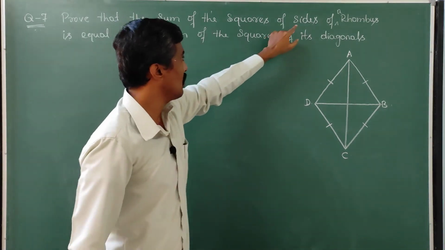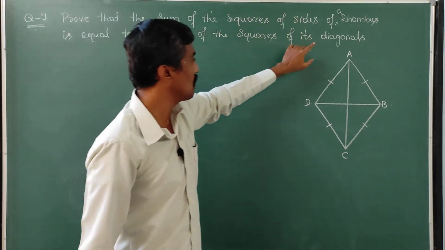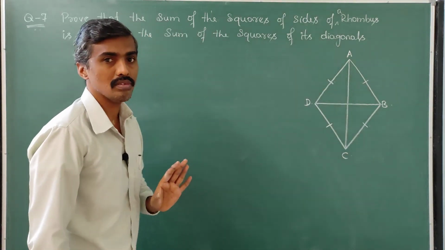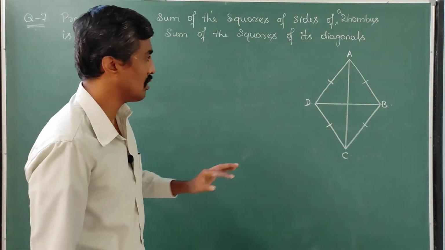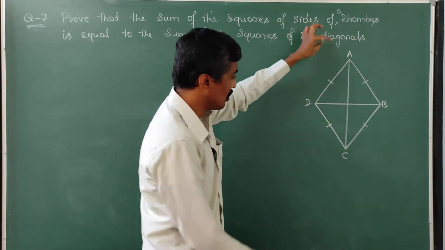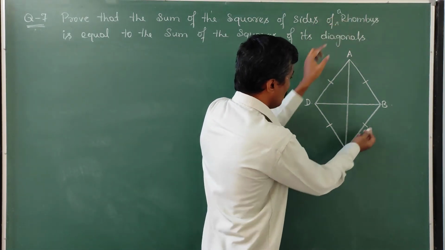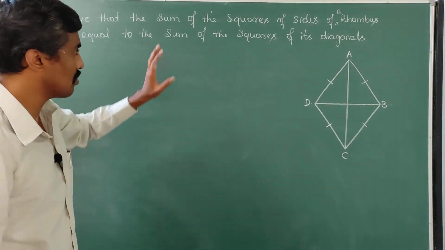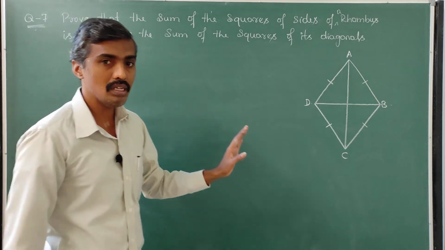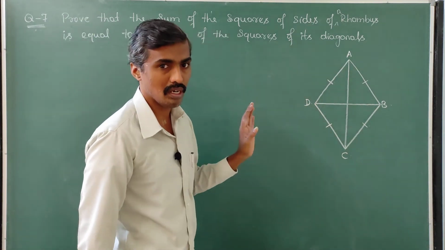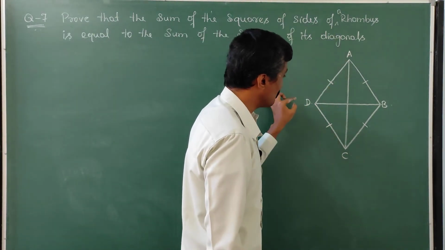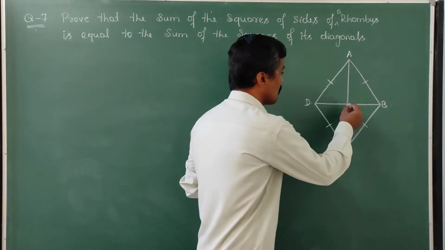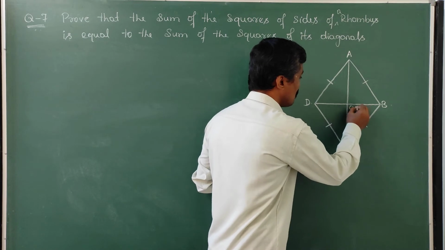Then sides are over, now we have to talk about the diagonals. There are two diagonals, and the diagonals are unequal. That is the second property. Here you can see AC is bigger than BD. But a very important property we require to prove this is that the diagonals bisect each other perpendicularly. So AC bisects BD as well as BD bisects AC. They intersect at a point, so name it as O.